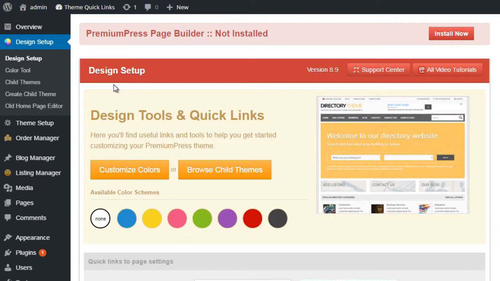From here you can see you have 4 or 5 different options available. On the left hand side we have Color Tool, Child Themes, Create Child Theme and Old Homepage Editor. So let's start with the Design Setup tab, which is the main page you view when you click on the